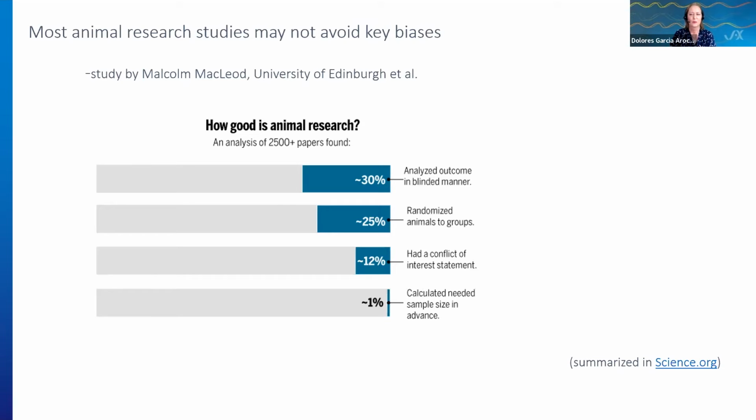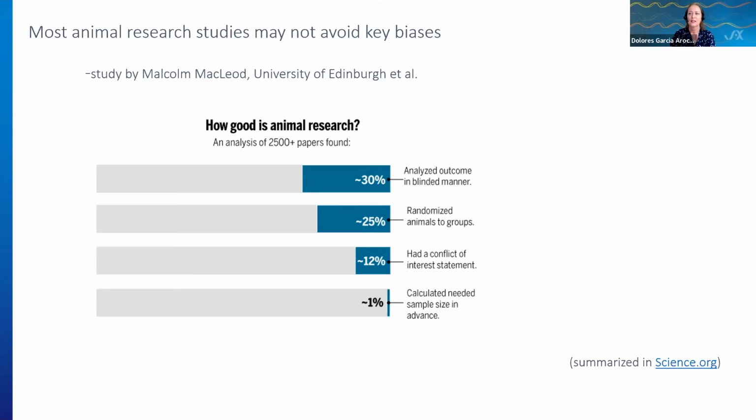That is the slide that we posted right there. This is work by MacLeod and collaborators in 2015. When bias, whether you're conscious or unconscious about it, can make candidate medical treatments look better than they are, like I said before. And this is a problem because they can also dampen apparent side effects when that's what you're being tested. So Science magazine published this chart that we're seeing right now, showing that 70% or more of